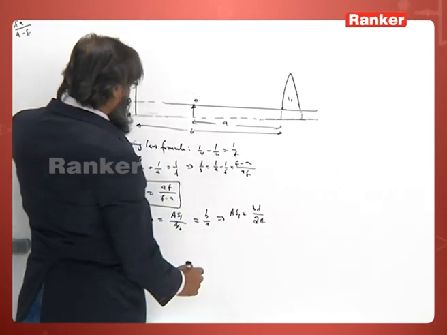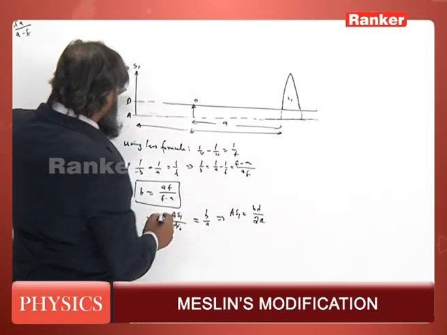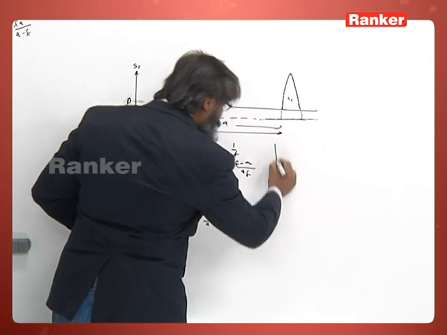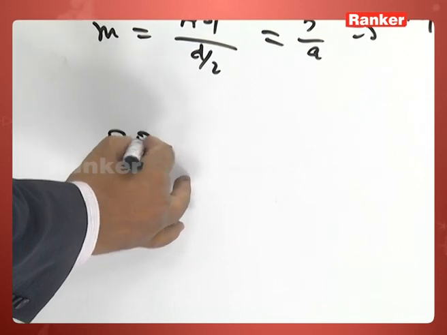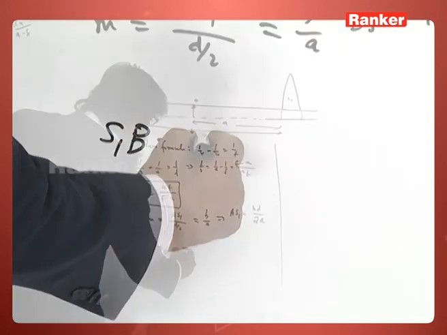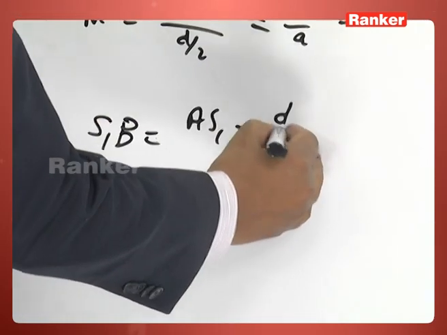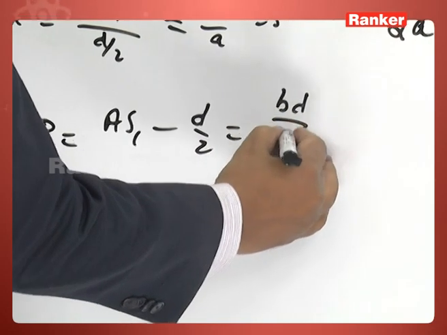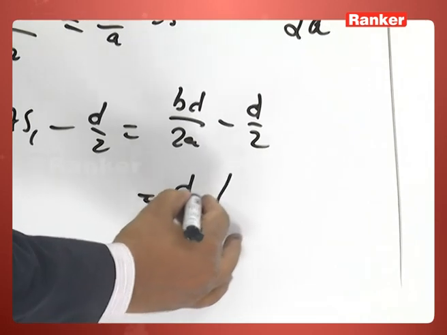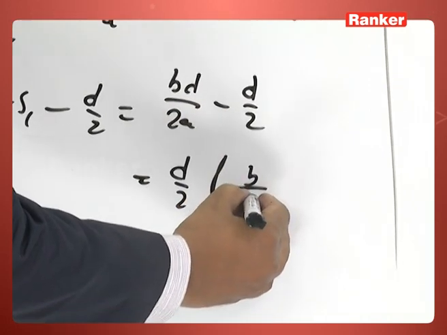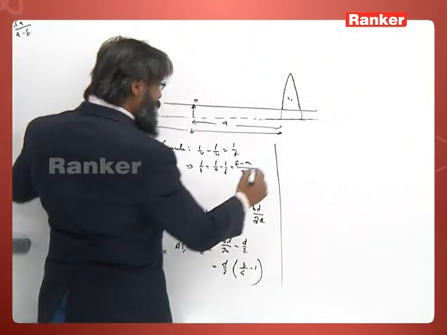So, this is AS1, we got BD by 2A. Now, we require S1B. So, S1B will be equal to that whole AS1 minus, again this is D by 2. So, that is BD by 2A minus D by 2, that is equal to half common, D by 2 common, we have B by A minus 1. So, we have S1B